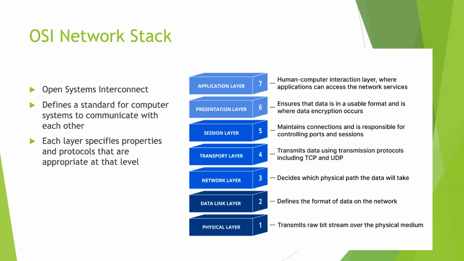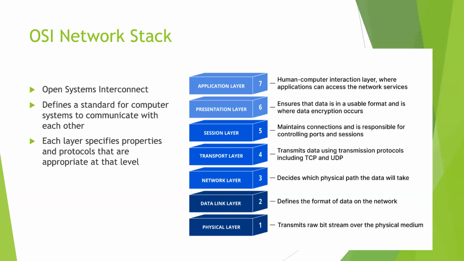So the physical layer is like the actual piece of wire, or in the case of amateur radio, it's most likely an RF signal happening through the air, right? The data link layer is the low level, how things work on that wire. And then the network layer above that decides the physical path that data is going to take as it moves around the network. The transport layer is used to provide you with different protocols that are easier to write code for, but take advantage of those lower layers. So you don't have to know all the mechanics of the lower layers in order to write your program. You're writing to this transport layer.